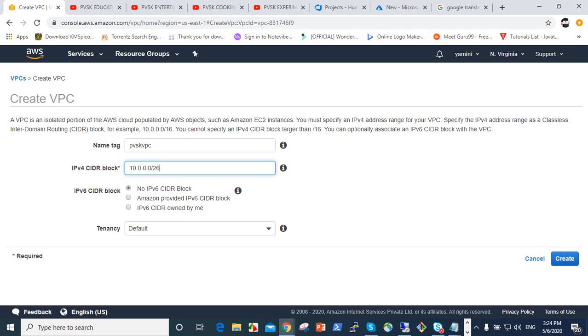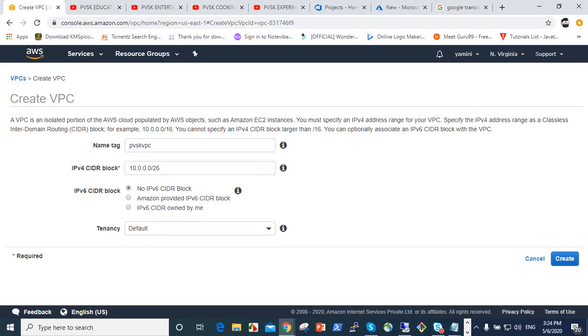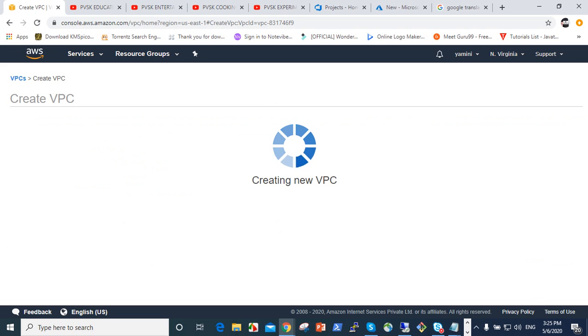So 10.0.0.63 is the range. The version is IPv4, meaning Internet Protocol version 4. Internet Protocol version 6 is not used up to now. Tenancy you should give as default; when you select dedicated, it is used for dedicated instances. So create VPC. It's very simple.